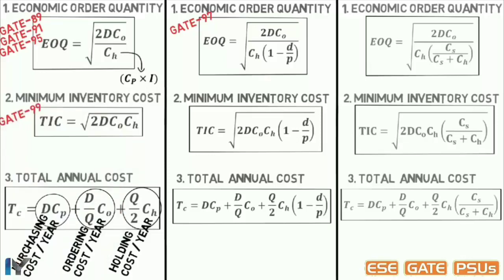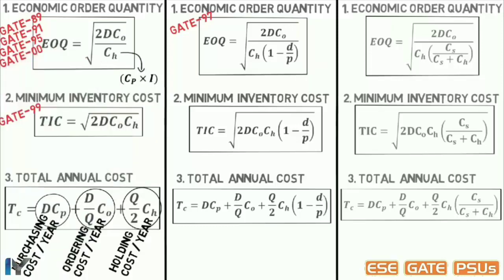In GATE 99, in computing total inventory cost, by mistake the demand rate used was 40% higher than the true demand rate. Due to this error, the total inventory cost will increase by. So in this formula replace D with 1.4D, then root 1.4 is 1.18. It means inventory cost will increase by 18%.